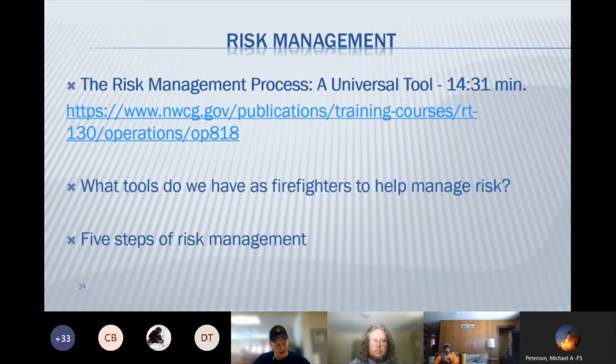So it's going to talk about environmental factors, fuel characteristics, topography, weather, some of the fire behavior, plume dynamics, the rapidly changing fire behavior. And this relates all back to what Colin talked about in the 10 and 18, keeping situational awareness and having those 10 and 18 in your mind and being able to apply them to what you're seeing on the ground. That's the effective way to manage risk.